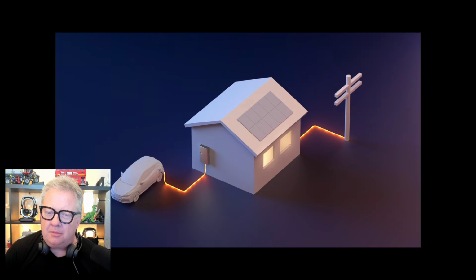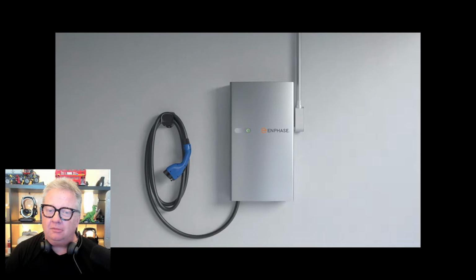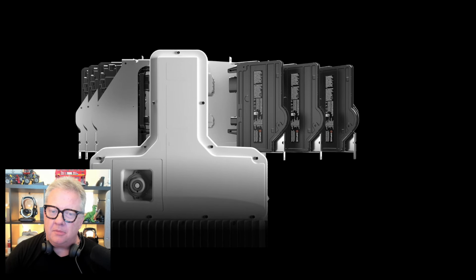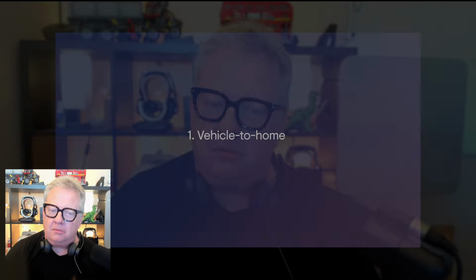Now let's talk about the bidirectional EV charger itself. It's comprised of two key components: our IQ microinverters that convert the DC power from the car to AC power for your home, and communications technology that connects to the car and the Enphase energy system to enable charging and discharging of the EV. Now let's talk about the three primary use cases of this technology, those superpowers you heard about. First use case is known as...